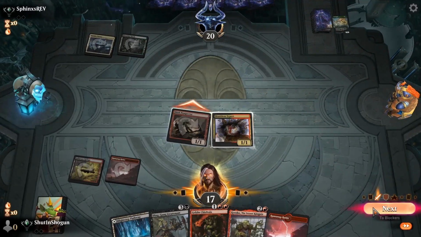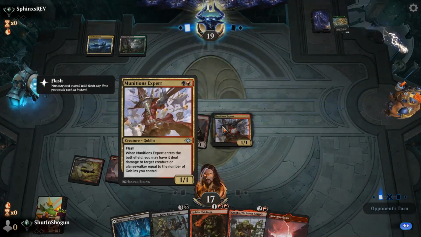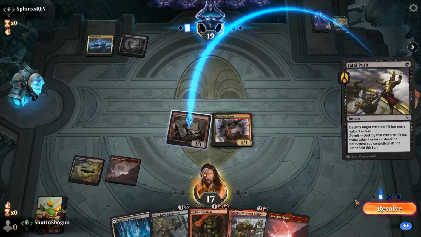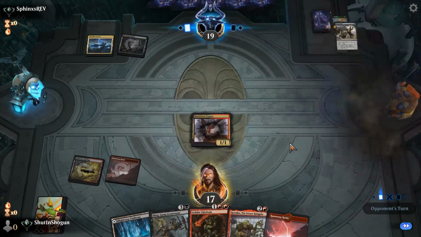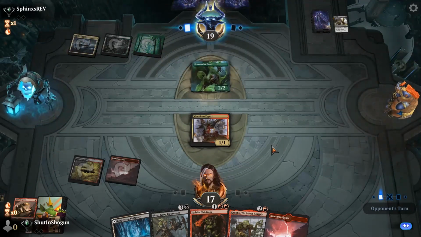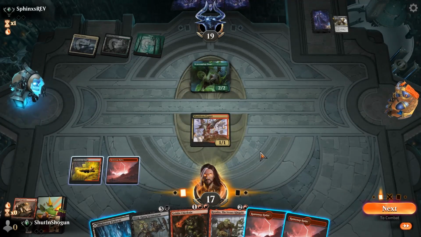Nice thing about Munitions Expert, which is a pretty self-explanatory thing, we can use it as sometimes removal, and for a very linear deck like a Goblin Tribal deck, getting a creature that is on tribe and is also removal is a nice touch. What do we do now? I think we'll